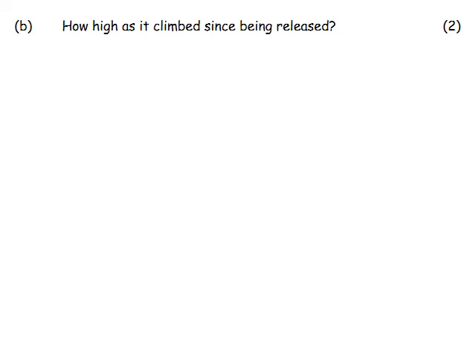So now we have to work out how high it is before it's been released. So we should also have written v there too. We've got our suvat down the side. We've got u as our initial velocity upwards, so that was plus. We've got a as our acceleration downwards, so that is minus. We've got our time,